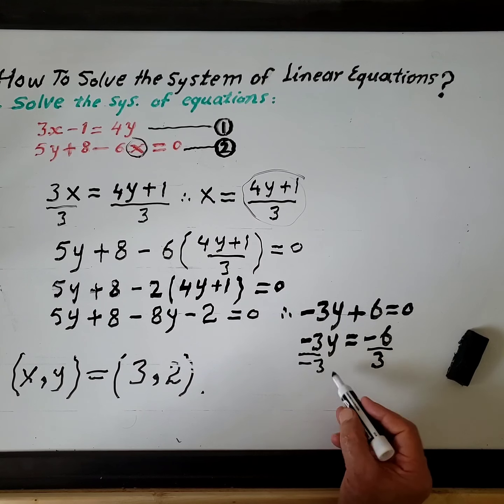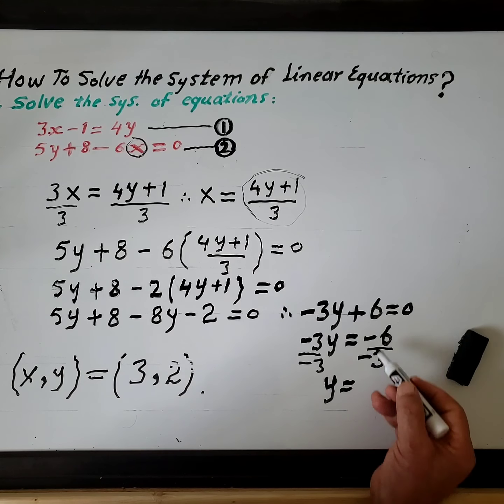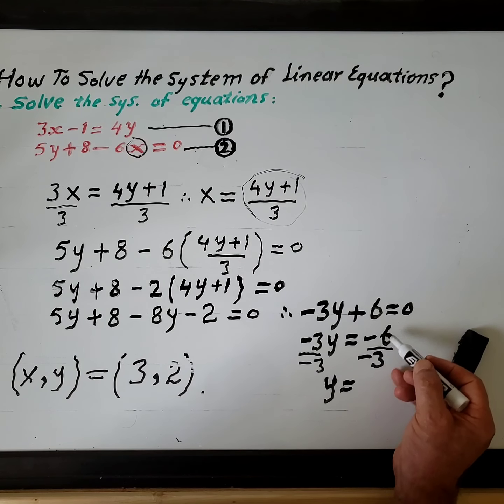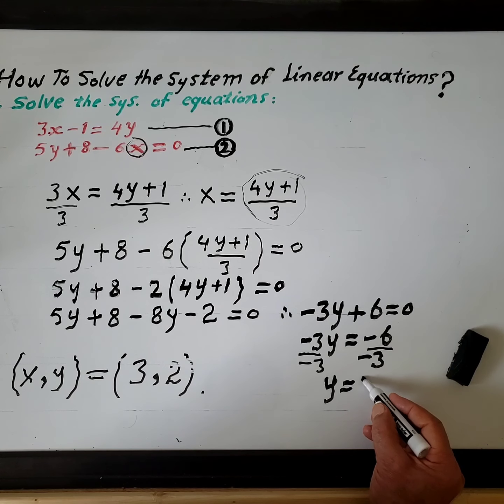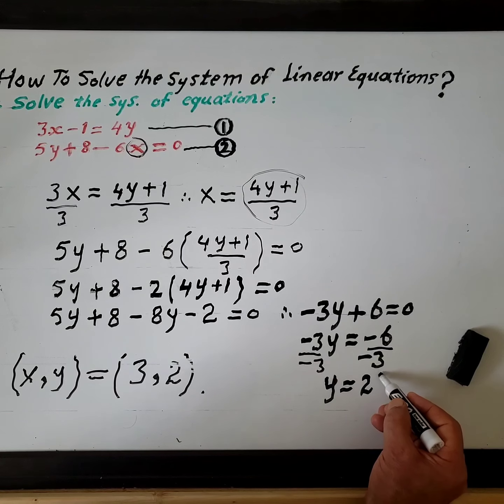Cancel those together. So y is equal to minus 6 over minus 3. There's cancellation here, it will give you plus 2. This value for y,